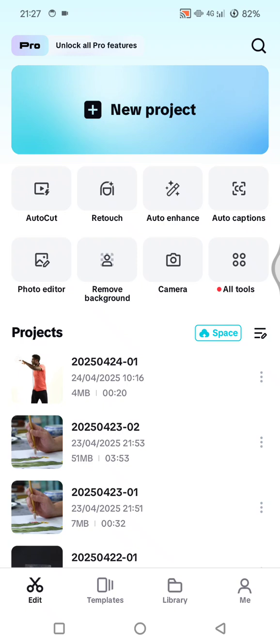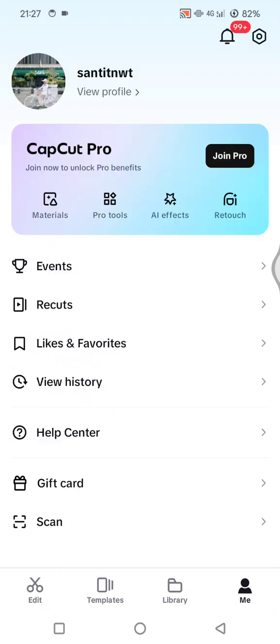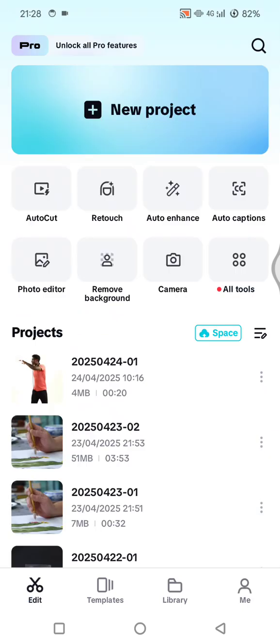First up, you can sign in with the same CapCut account. So open your CapCut on your phone and make sure you already sign in using your TikTok or CapCut or maybe Facebook or your email. And after that, you can go to the edit page in here and then tap on the project that you want to